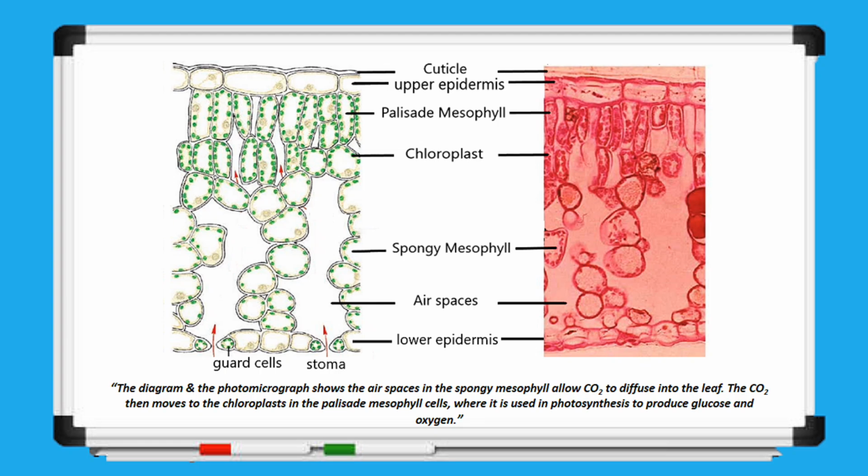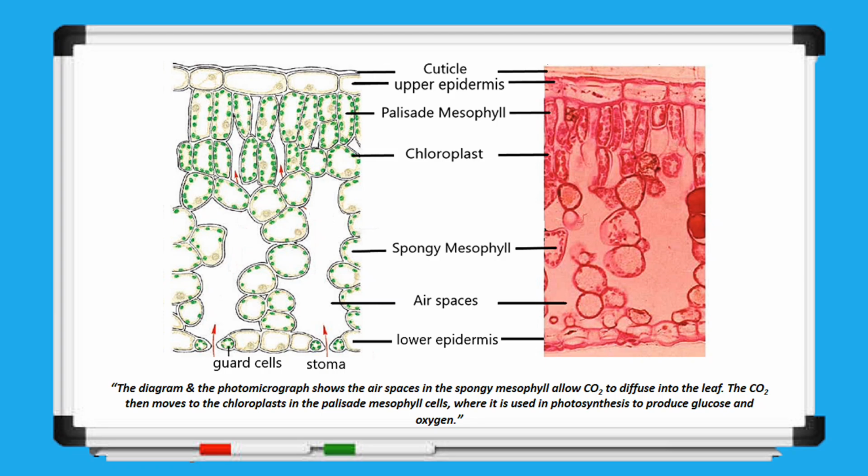Next is the palisade mesophyll, a key site for photosynthesis. In the diagram, you can see long, rectangular cells stacked closely together just under the upper epidermis, each containing small green dots representing chloroplasts. In the photomicrograph, this layer is also clearly distinguishable as a band of elongated, tightly packed cells, slightly darker due to the presence of chloroplasts and staining. Below that, both images show the spongy mesophyll. In the diagram, these cells are shown as rounder and more loosely arranged, with large air spaces between them. You'll see the same thing in the photomicrograph, irregularly shaped cells with clear gaps in between, allowing for gas exchange